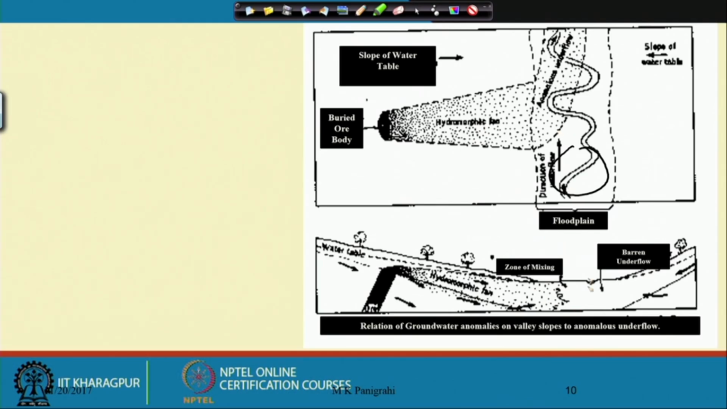That is what is shown here. This is the floodplain, this is the barren underflow, and this is the ore body which is getting dispersed by the hydromorphic process, forming a hydromorphic fan pattern. What is being shown here are essentially called trails and fans. In most cases these can be termed trails, or in some cases where you have seen the alluvial region getting mechanically degraded from the parent ore body, they form some pattern which can be called fans,